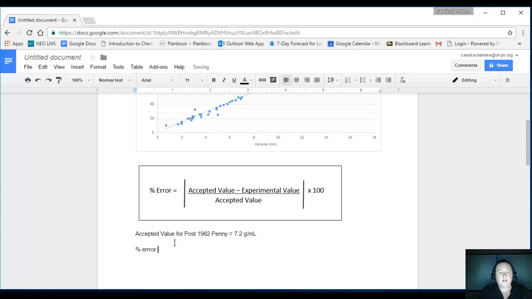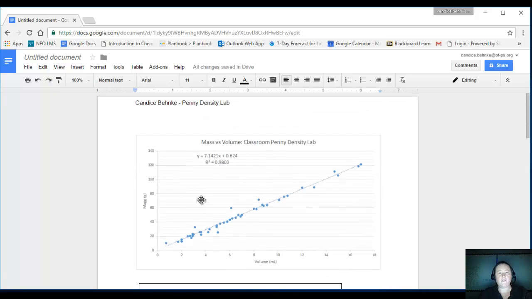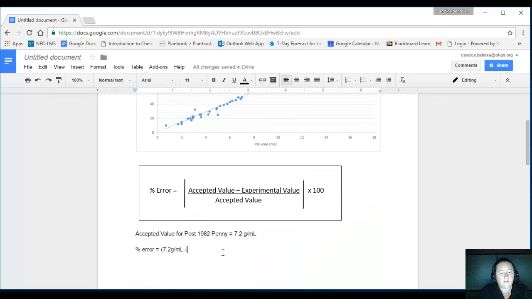Percent error equals my accepted value, I'm just going to put it in parentheses, 7.2 grams per milliliter minus the experimental value, 7.14 grams per milliliter, and that is going to be, I'm going to underline it, divided by 7.2,